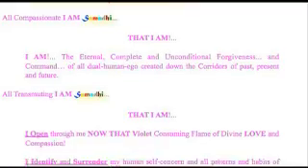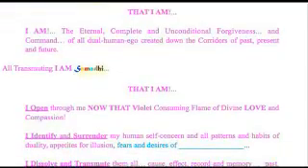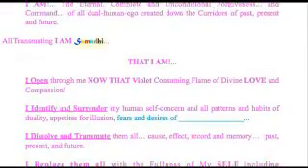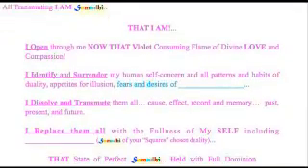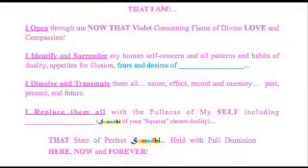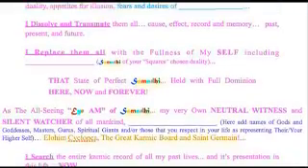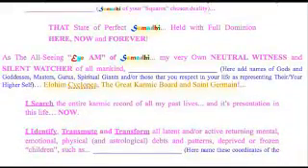I open through me now that violet consuming flame of divine love and compassion. I identify and surrender my human self-concern and all patterns and habits of duality, appetites for illusion, fears and desires of selfishness and gratitude. I dissolve and transmute them all, cause, effect, record, and memory, past, present, and future. I replace them all with the fullness of myself, including presence, that state of perfect samadhi, held in full dominion, here, now, and forever. As the all-seeing I Am of Samadhi,